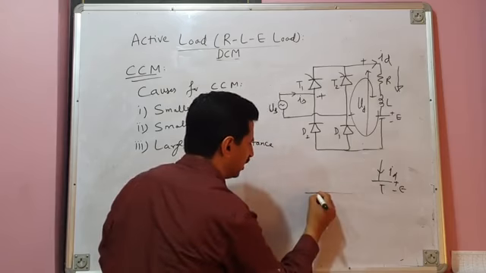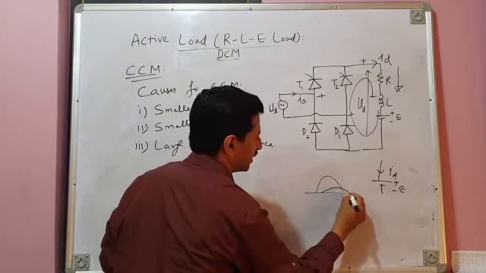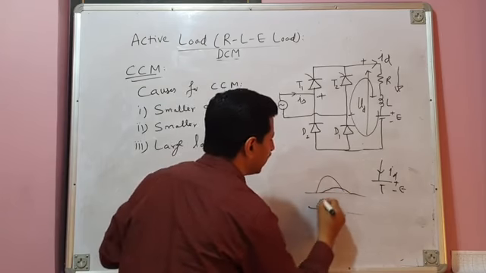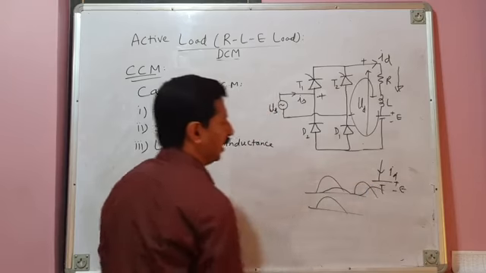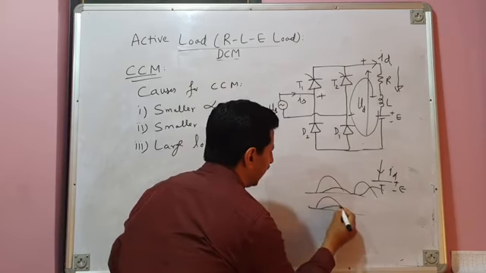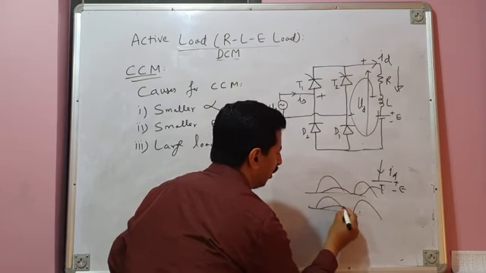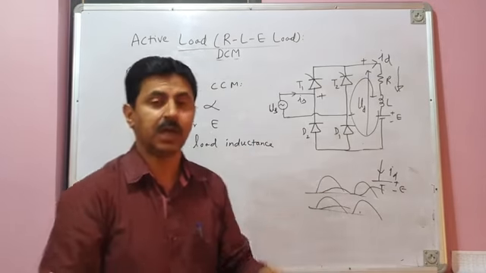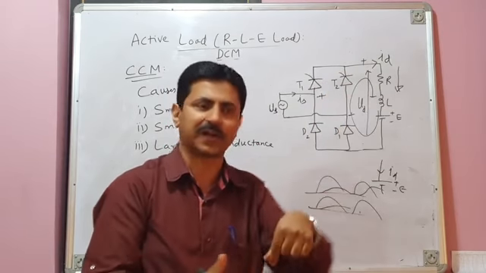Just now in the previous case, you have seen that current rises, then it falls. If inductance is high, and this is the next instant of firing, current may rise slowly, and then, say for example at the next instant of firing, it may fall slowly because inductance is large. Large inductance means that the rise of current will be slow and the fall of current will also be slow.